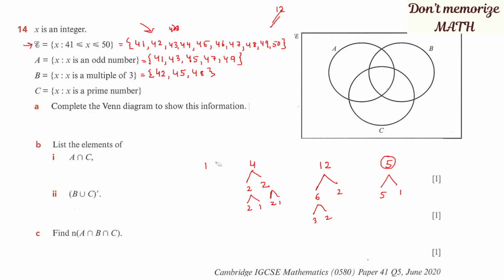So here we need to choose the numbers from this 41 to 50. For prime numbers, we can write only prime numbers for set C. Okay, so prime numbers, what about 41? 41 is a prime. 42, no, it is an even number, so anyway it is divisible by 2. 43 is a prime number. 44, no. Among even numbers we have only one prime number, that is 2. Okay, so 45, 45 is a multiple of 5, so you cannot take it. 46, okay,